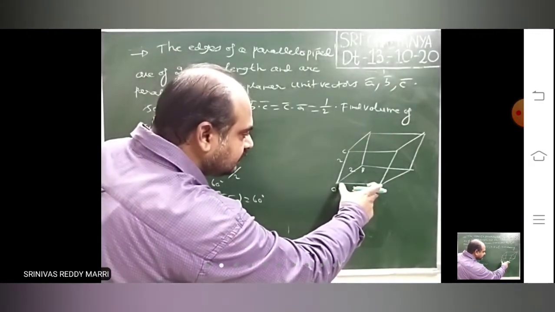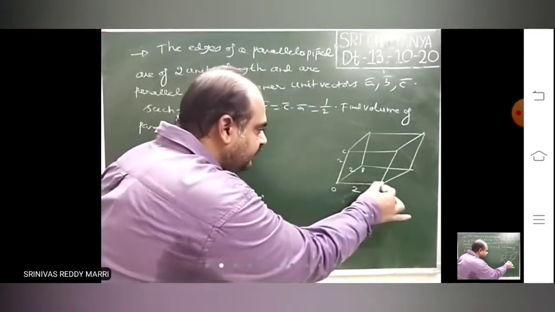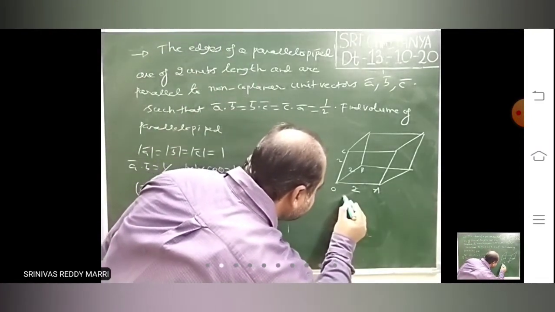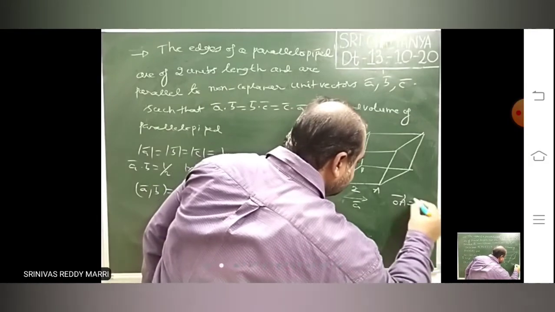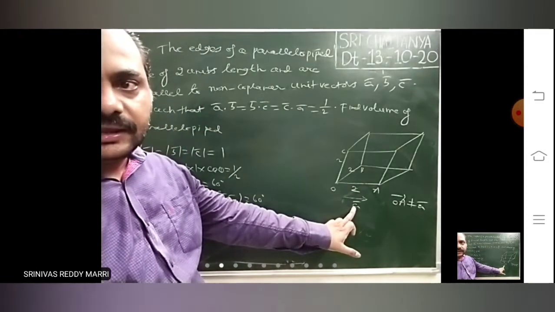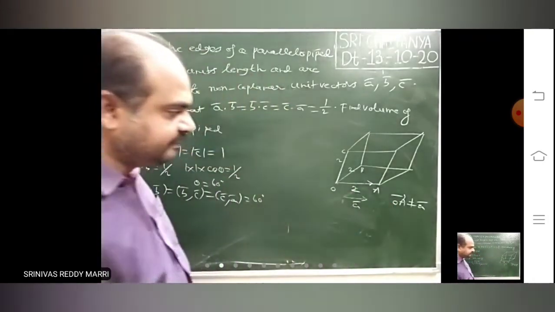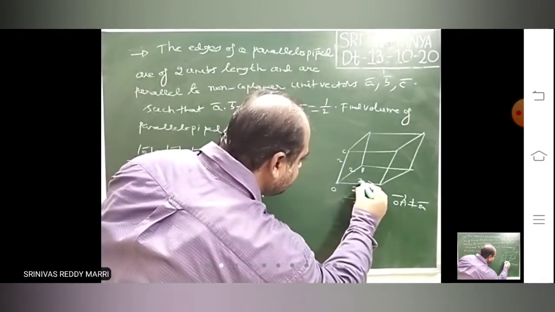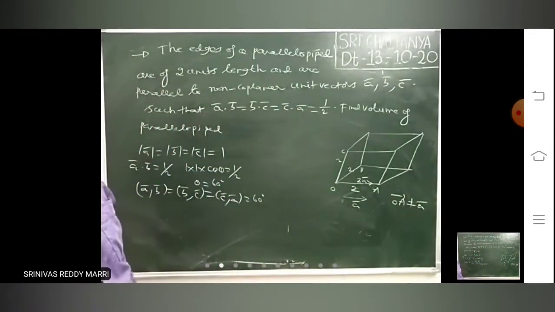What he is telling is this OA edge is parallel to a unit vector. That means parallel to OA, there is one unit vector. Not OA bar, it is A bar. Don't mistake. OA bar is not A bar. How will it be A bar? This is 2 units, this is 1 unit only. That means this OA bar vector is parallel to A bar. A bar is a unit vector and this is of 2 units length. So what is OA bar to A bar? If 2 units length and in this direction A bar is there, that means 2A bar.